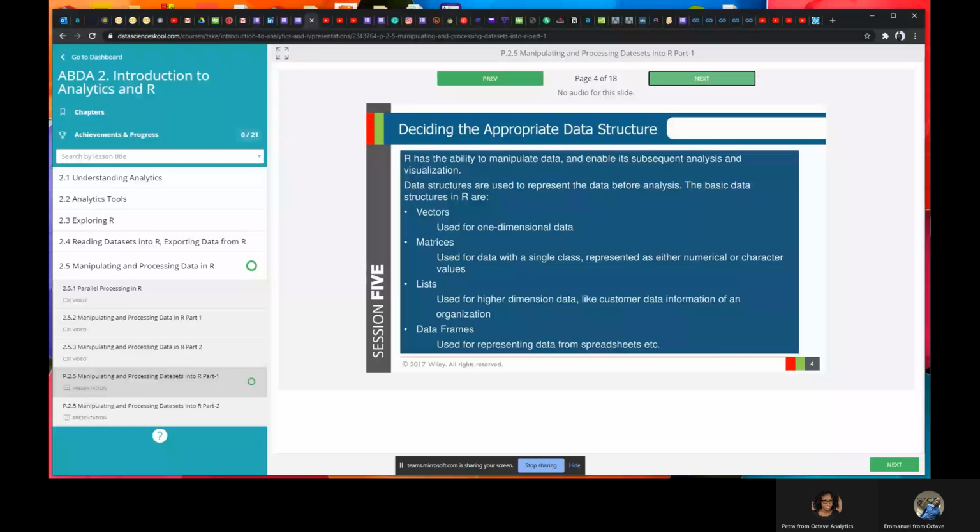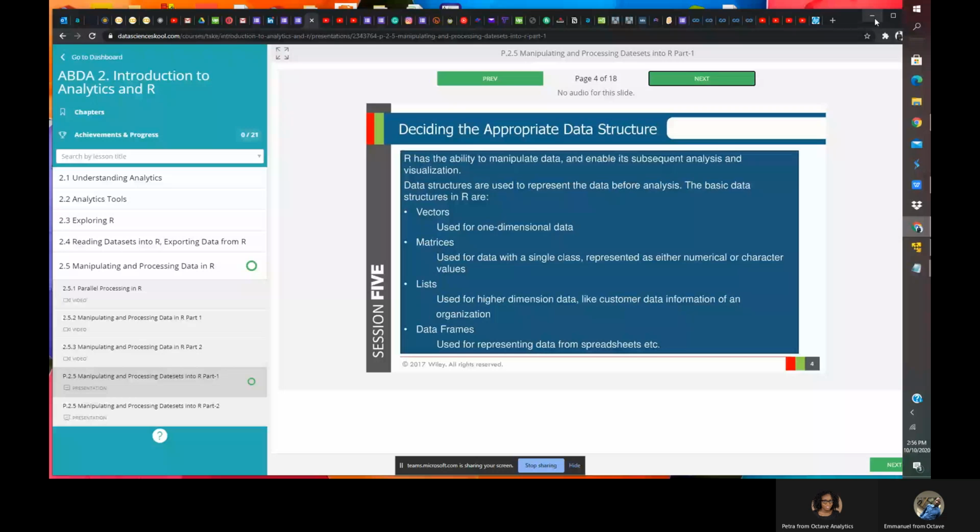So talking about lists. Before I talk about lists, let me go to data frames. Data frames are used for representing spreadsheet data, like your Excel data, your CSV data, your data in a database. Those are the kind of data you have in data frames, where a column is unique to a data type. A column can only be a number or a character or a date, but a data frame can contain several data types, but each column is unique to its data type, and they must be of the same length.